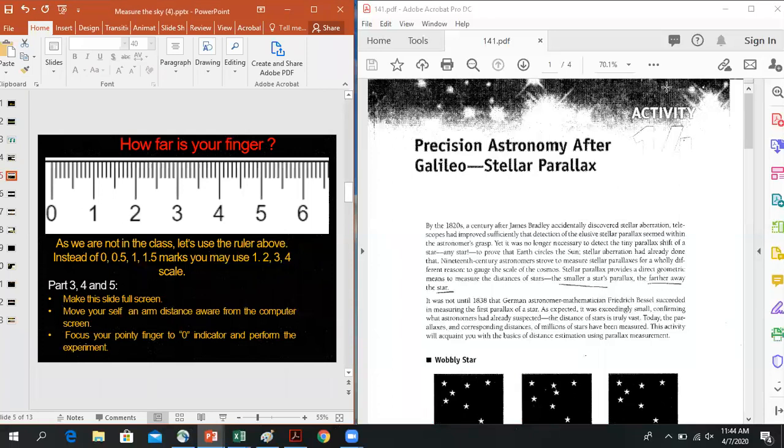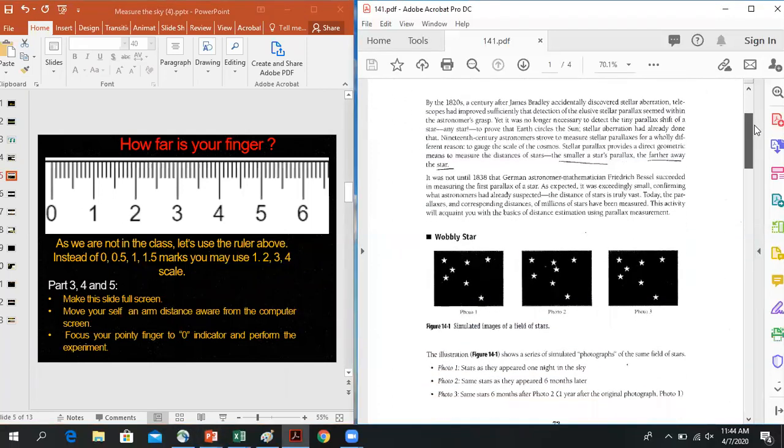at the same time so you can compare what to do, right? In the lab manual, you will see a couple of pictures here. That's the same stars, but the photos were taken at different times of the year. Let's say this picture was taken in January, then the second picture was taken 6 months later, and again 6 months later. You will see some differences here, right? Especially if you observe this star, after 6 months, it has shifted a lot, right? All the other stars also shifted a little bit, but this is the one that shifted a lot. And 6 months later, that star went back to the same position as in picture 1.